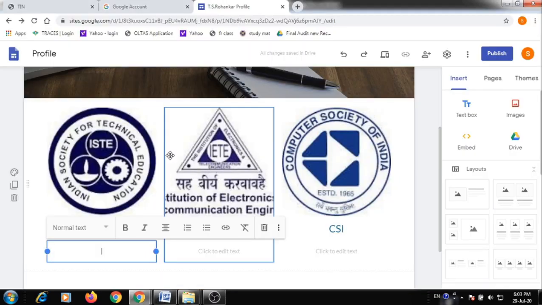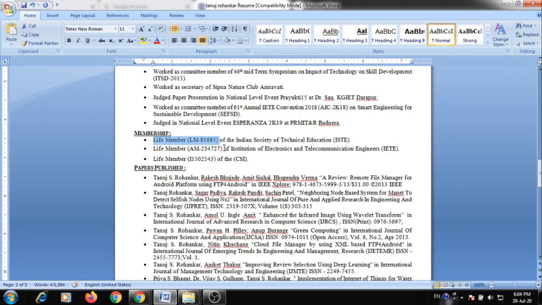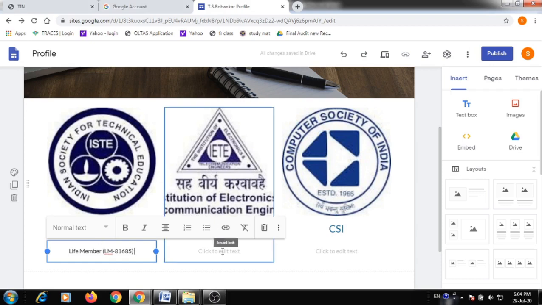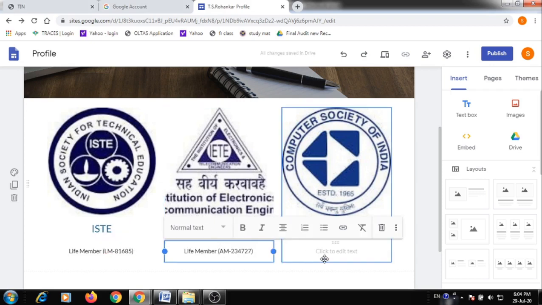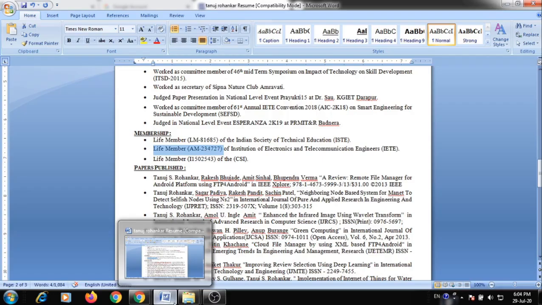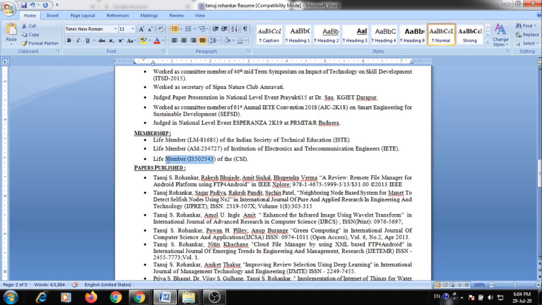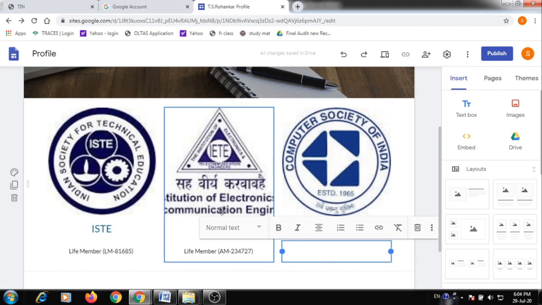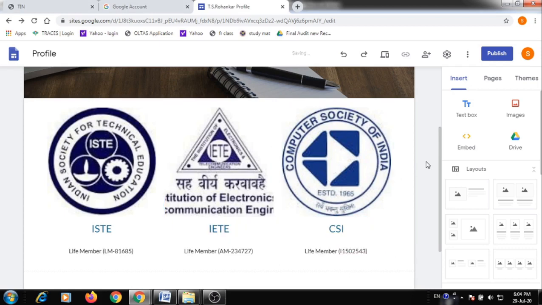So go there, click, copy the second membership number. You can add it, go there, in that way you are able to add the layouts in your website.